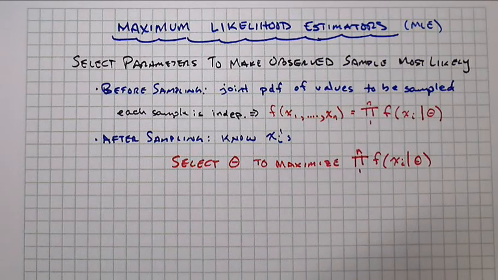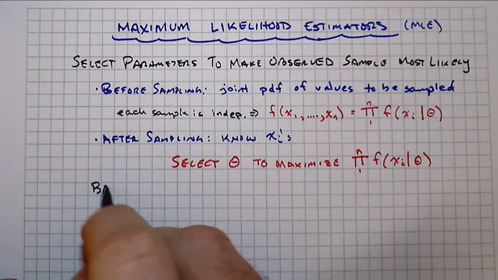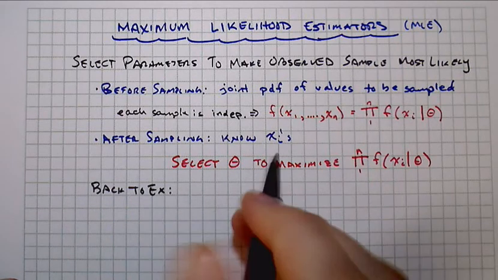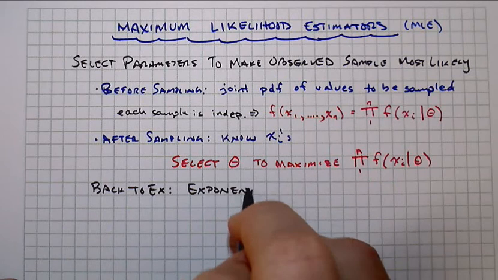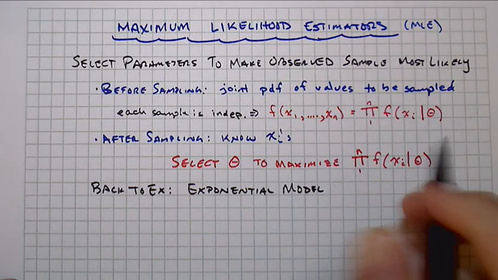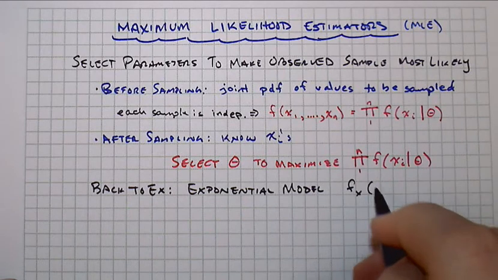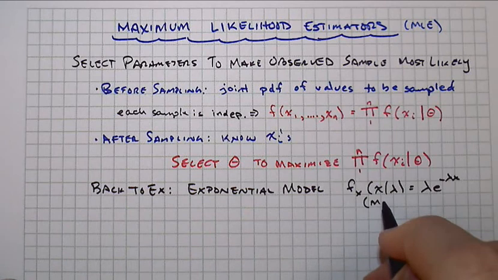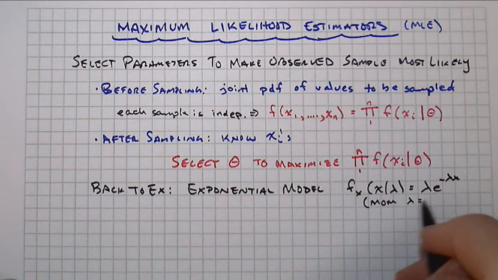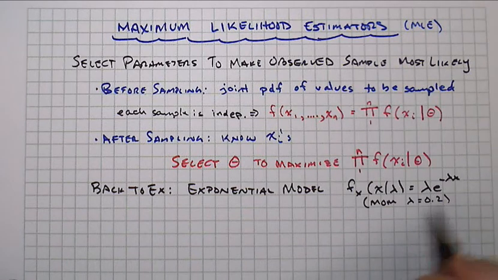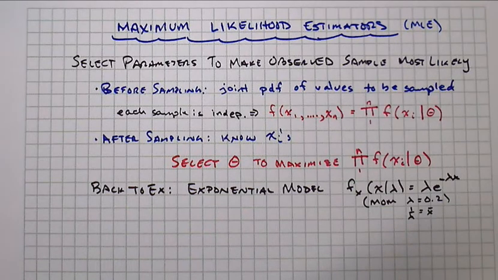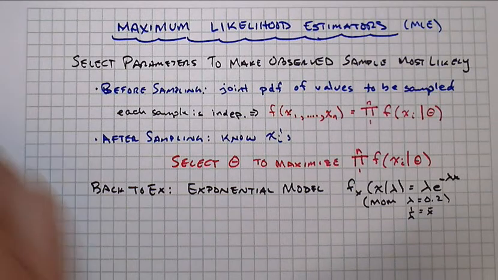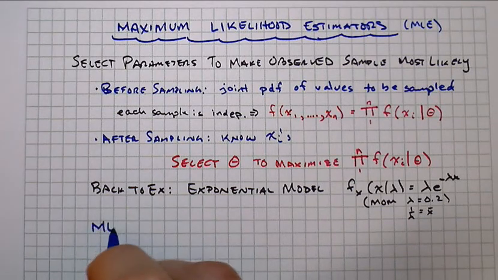So let's go back and illustrate this with our traffic data model, and particularly that exponential model that we were looking at, that our conditional here was equal to lambda e to the minus lambda x. And remember from our method of moments that our lambda was equal to 0.2, and it turned out that 1 over lambda was set equal to our x bar, and that's how we came up with that particular value. Right? For the maximum likelihood approach in this estimator,